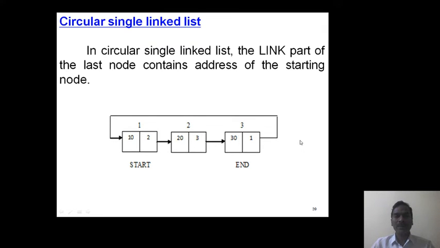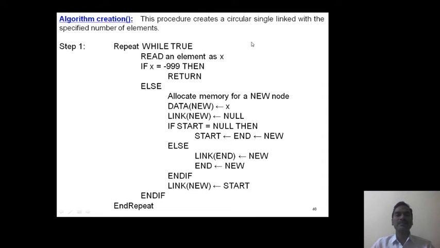Okay. Now observe the algorithm procedure. When we compare with single linked list creation, in a circular single linked list we add only one extra statement: link of new equivalent to start. Apart from this, the entire procedure is similar to the single linked list creation part. Now observe this format. Repeat while true, read an element as x. If x equivalent to -999, then return, else